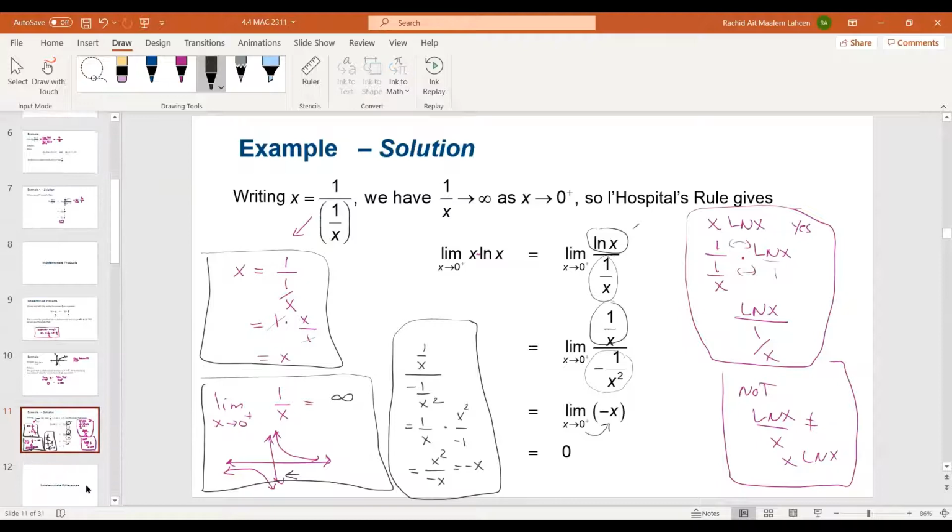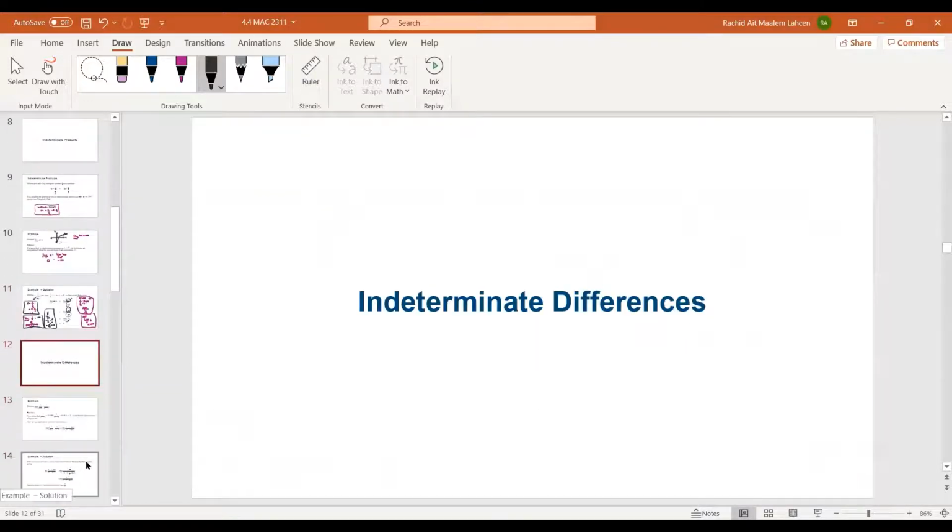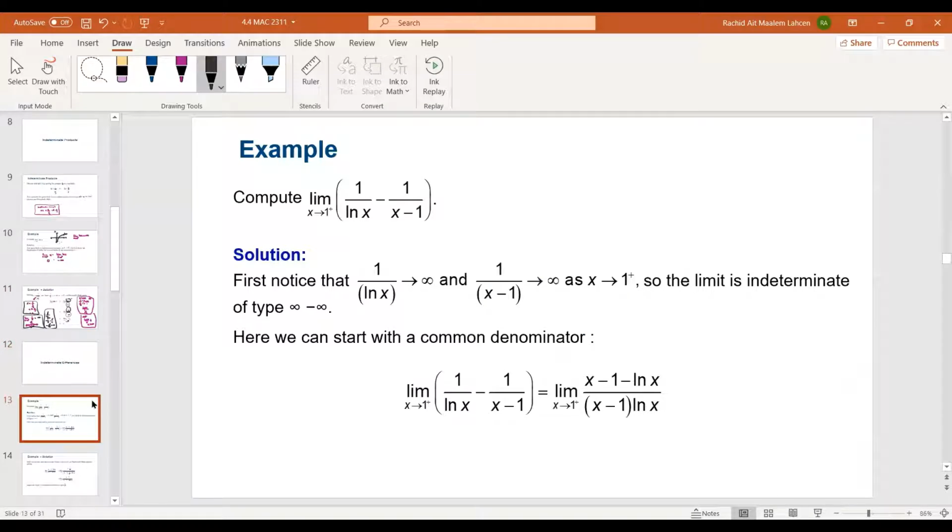Indeterminate differences. Here is an example for it. We have, you see that indeterminate form. If we look again, same way as the other examples for ln x, it's approaching